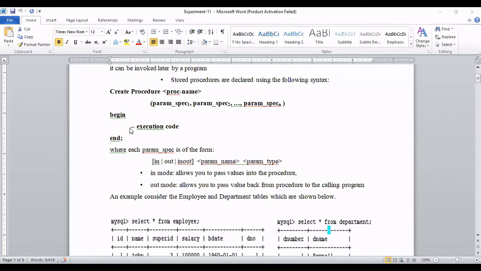In this execution code we will add many SQL statements, as per the number of tasks. Task 1 will be a SQL statement, that may be insert, update, delete, or any operation, or a DDL statement, or a DQL statement also. Now I want to perform 5 tasks, so I'll write at least 5 lines of SQL statements, then 5 semicolons will be there. If I keep 5 semicolons there, then the first semicolon itself will say the procedure has ended, because whenever there is a semicolon, the procedure will automatically be ended.